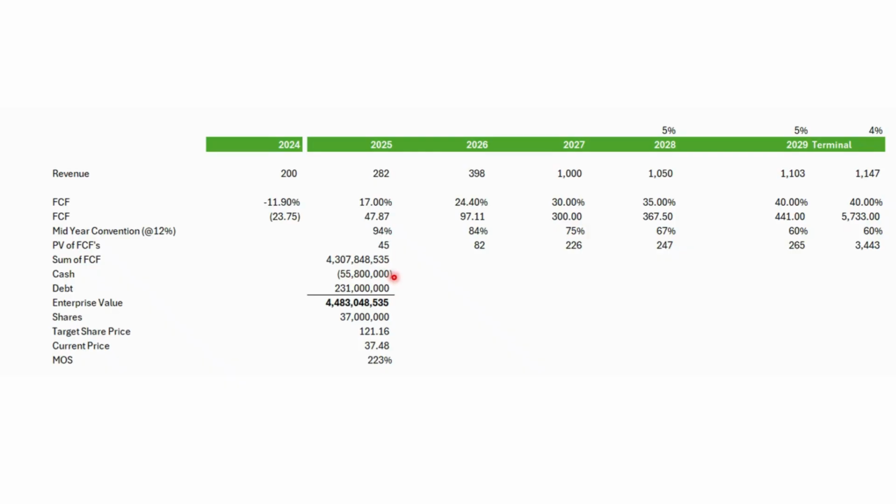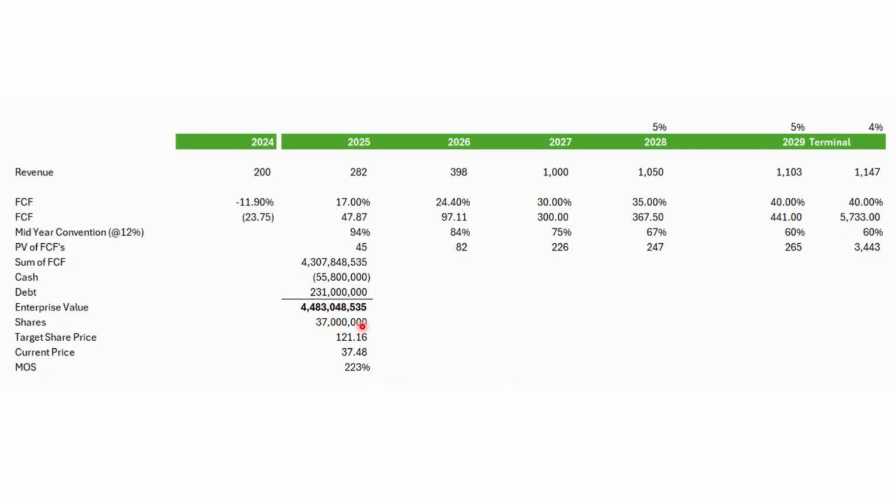They have 55 million in cash. But unfortunately, they have 231 million in debt, because obviously you can see they're not making money, right? So to keep the doors open and operations going, they're going to have to pull on debt because they're not generating retained earnings or equity. They have 37 million shares, which would give us...